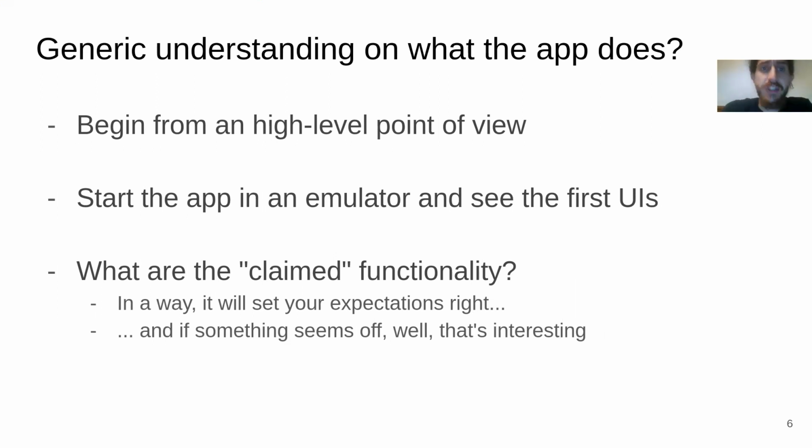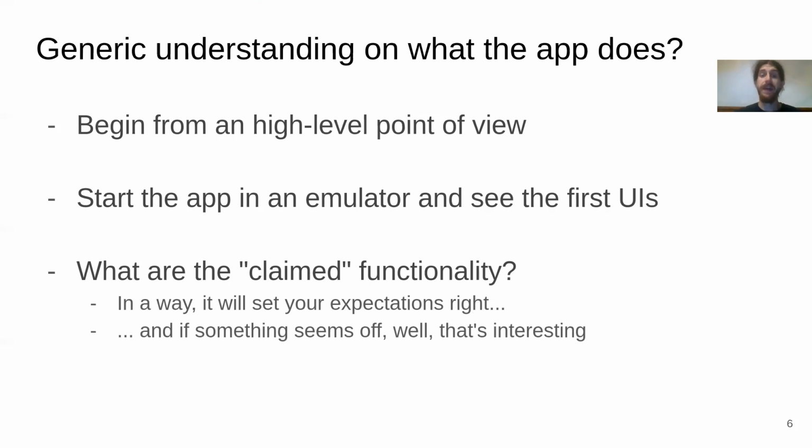So let's try to understand this generic understanding of what the app does. Well, what I would do is to, again, start from a high level point of view. So for example, you take an emulator, you start the app, and you see what are the first user interfaces. So you get an idea about what kind of stuff the application is doing. And then maybe I would check, what is the app supposed to do? Maybe if the application is installed from the Play Store, I would just download it, and then maybe I will go to the Play Store and check the description to see what the app is supposed to do. And in a way, by doing this kind of understanding, you're going to set your expectations right. In terms of, you expect the app is doing this, depending on what's the context of your reverse engineering